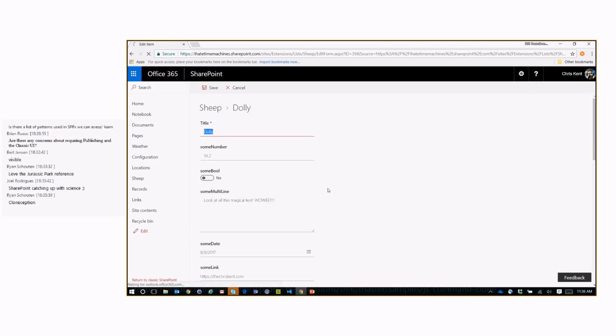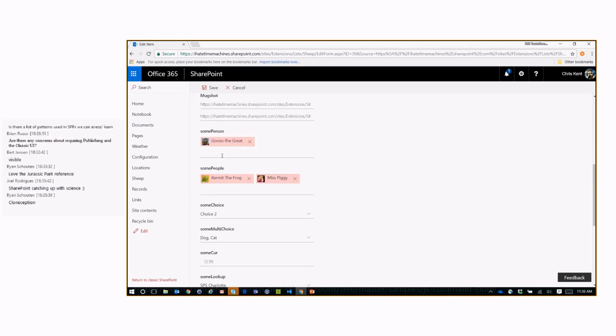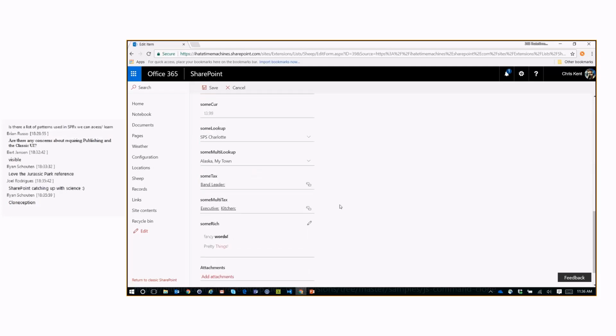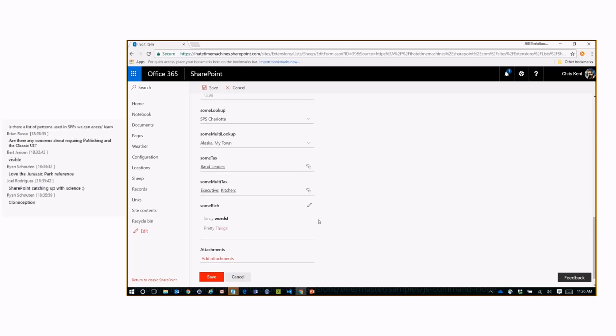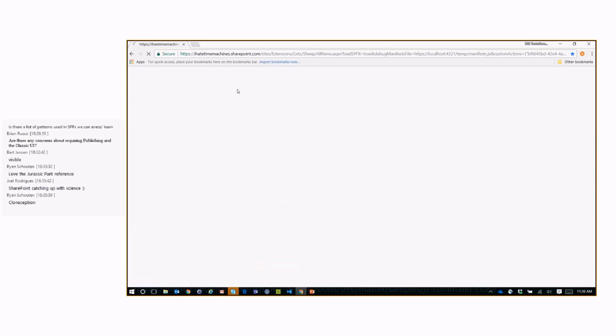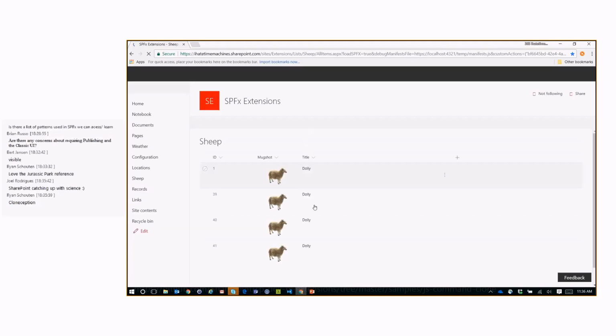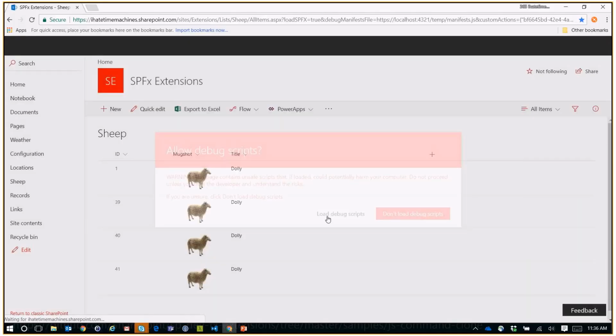You can actually see that we have just about every field type on here, right? And it's cloning all of those values. So you can see we've got single person, multiple people, multi-choice. We've even got taxonomy fields down here, multiple taxonomy, rich text. All that stuff gets cloned with everything else. All right. So that's what we're doing here. Very exciting stuff. You can have all the sheep you want. All right. So if we take a look back here,